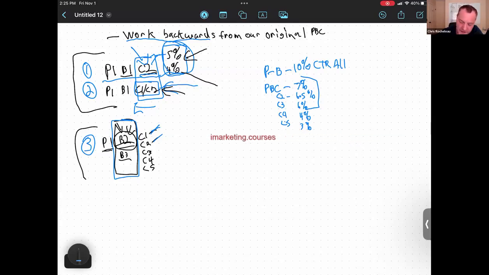So let's go here again, right? You might have a pain and a benefit that gives you a 10% CTR all, but you have no challenges. Let's say it was a benefit test, and you're like, I want that 10% CTR all. No, you don't, because that challenge may not have been addressed. And so you may not necessarily get sales or leads from it because they need more in their decision making. Okay. But some of you have aptly already jumped ahead and you saw where I'm going here.